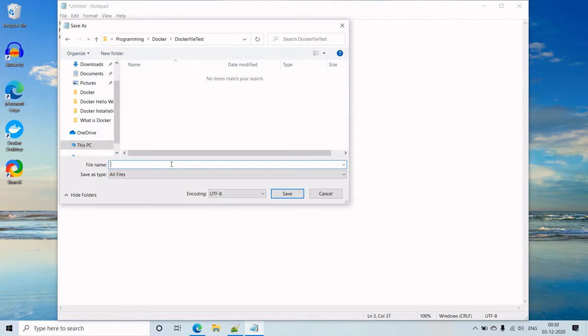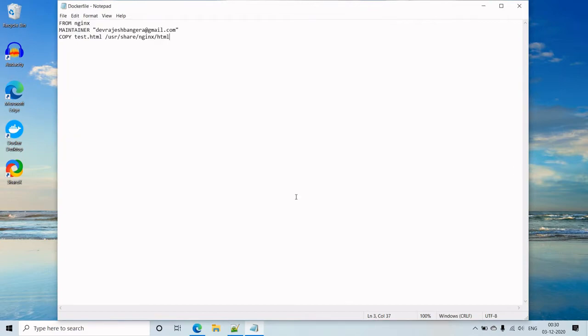Keep in mind that the file you are creating, that is the Dockerfile, should not have any extension, and the name of this file should be Dockerfile, like so, with D in caps and F in small case. Hit the save button. So this is the simple Dockerfile that I have created.